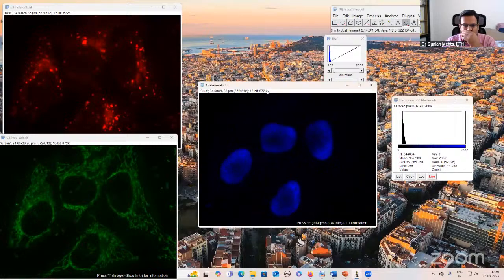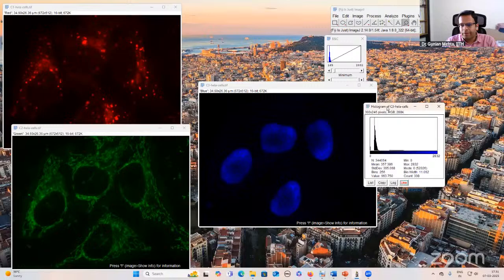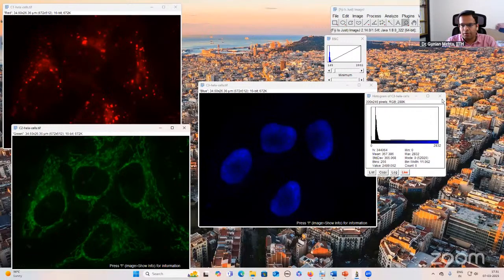So see, for this channel, blue channel, the maximum gray value here is around 2832. So that is fine. Then for green, it's not showing. I will open this again.